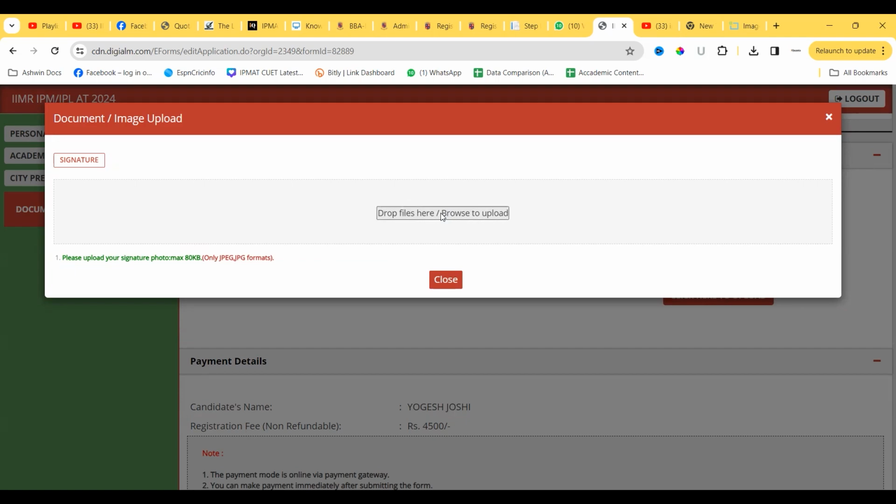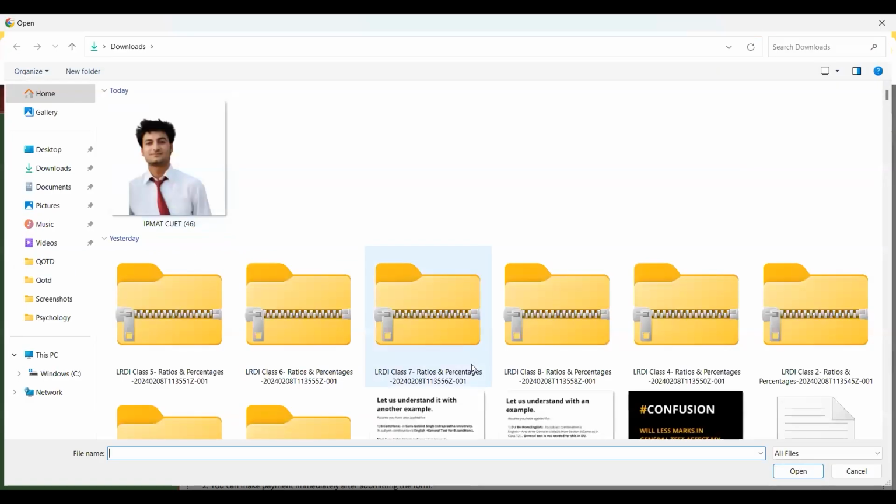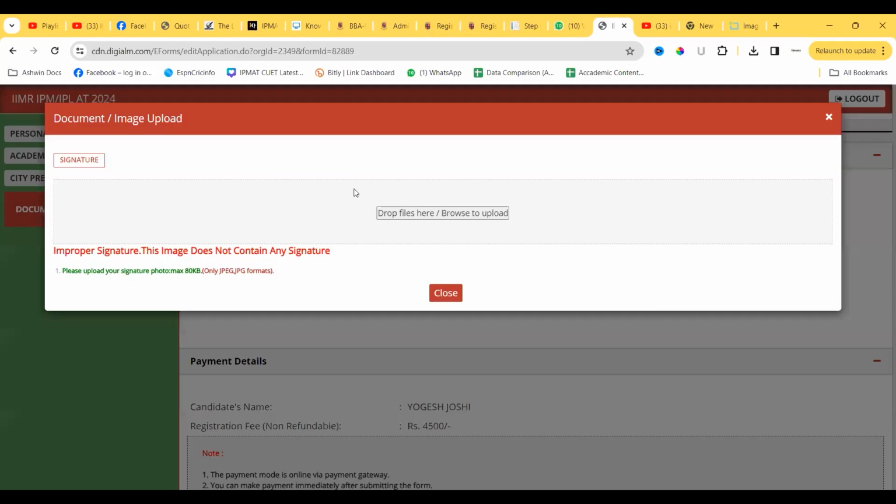So click on this, and because I'm just filling a sample, you can click the picture of your signature on a white paper, completely white paper with no lines. And I'm choosing my picture only because I actually do not need to upload any kind of signature. I'm not writing the exam. But this is saying improper signature. This does not contain any signature. Okay. So just